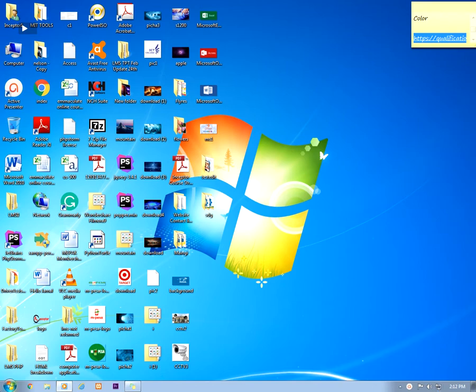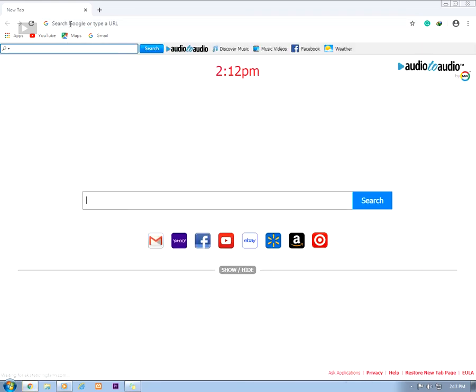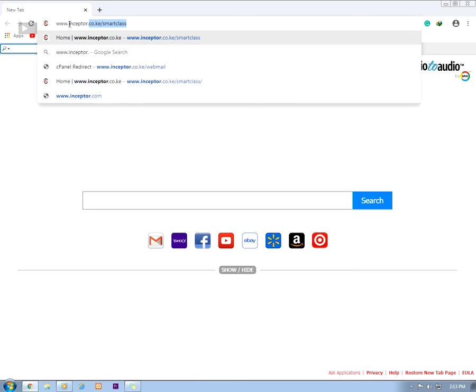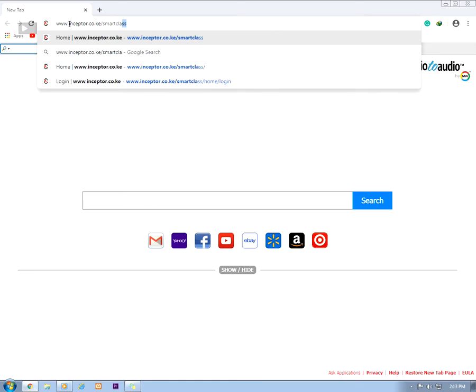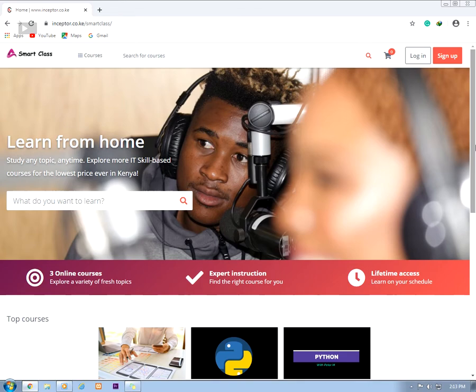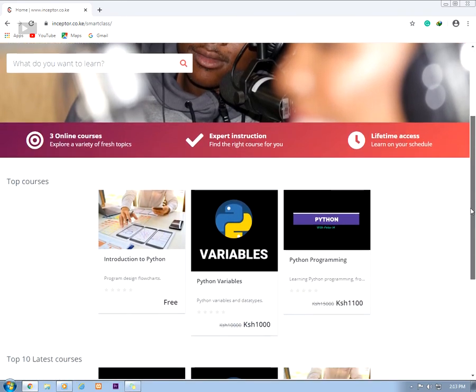So open your browser. I'm using Chrome for my case. Once your browser has opened, go to the browser's address bar, type www.inceptor.co.ke/SmartClass. Press enter. So it will load the SmartClass page, and you can see as you scroll down, you'll be able to see